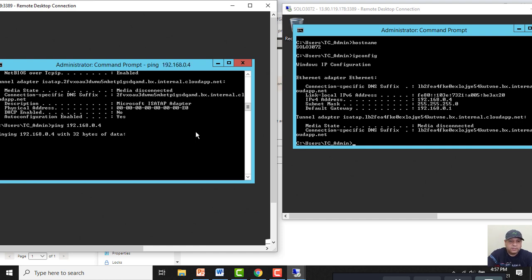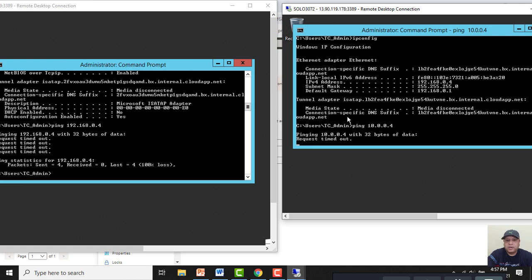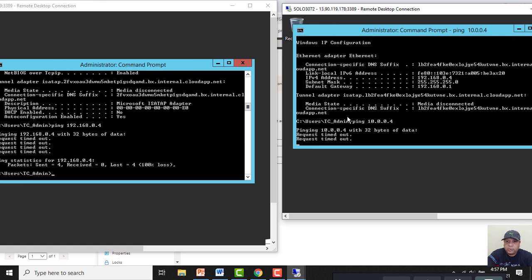It is not pinging. Simultaneously on Solo 3072, I will ping Solo 3071. See, both the VMs are in the same region, but since their networks are different, they are not able to ping each other.